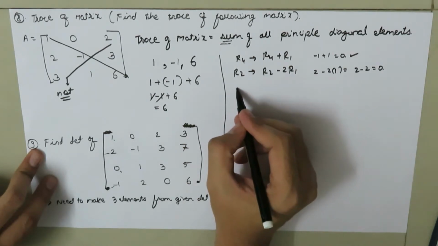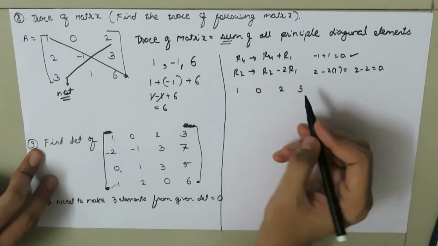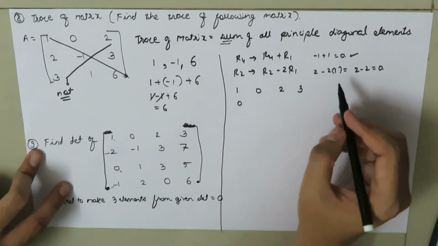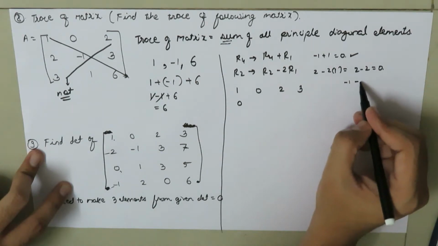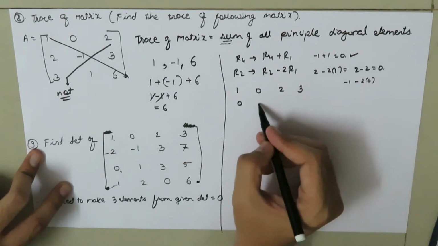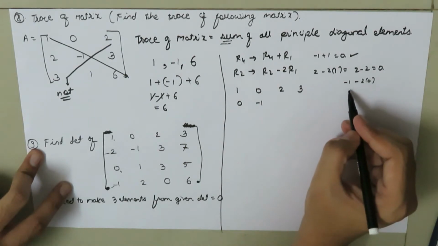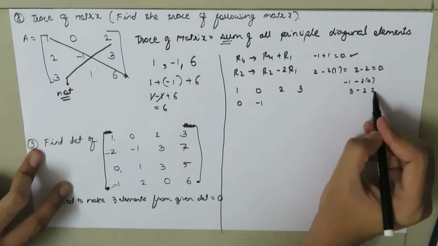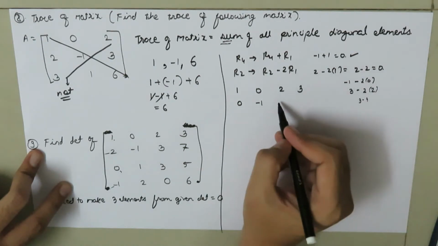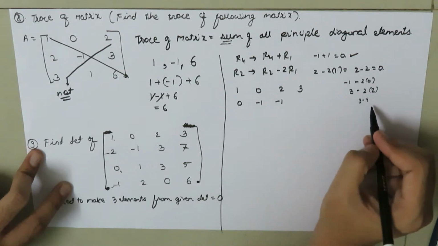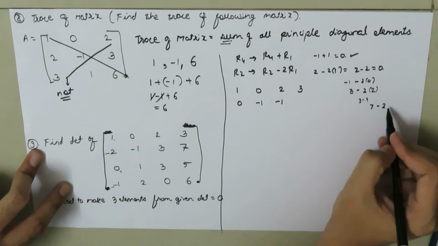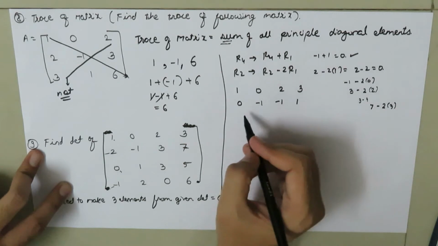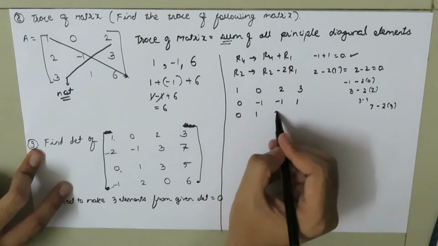So what we can do is, 1 0 2 3, and this will be 0, and here we have -1 minus 2 times 0, so this will be equal to -1, and we have 3 minus 2 times 2, so this is 3 minus 4, again we have -1, and here we have 7 minus 2 times 3, so here we have 7 minus 6, so this is +1, and here we have 0 1 3 5,